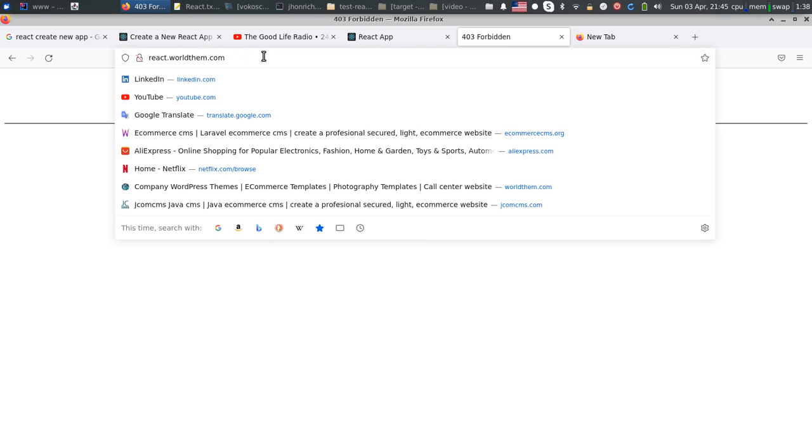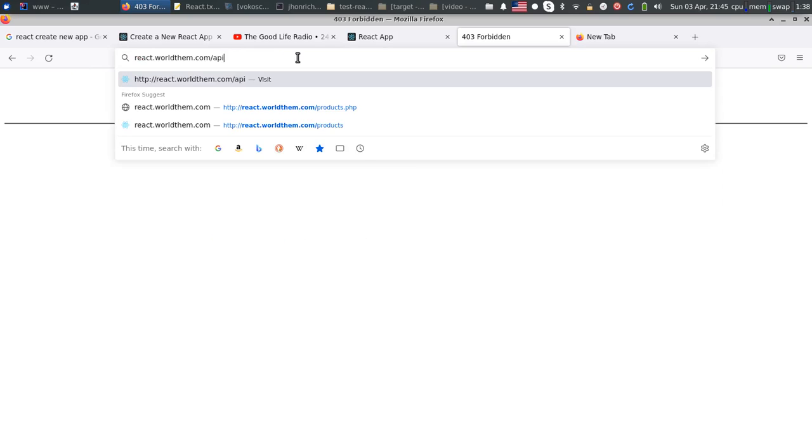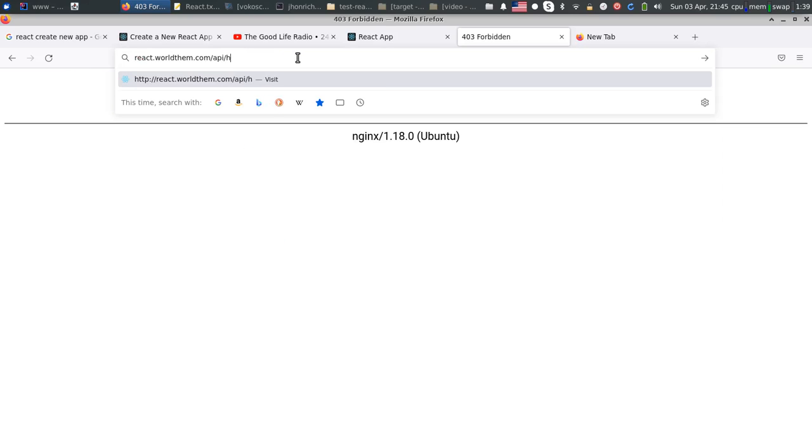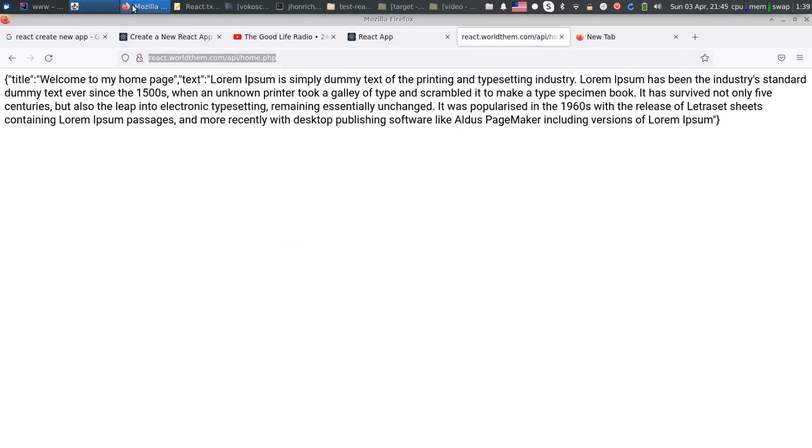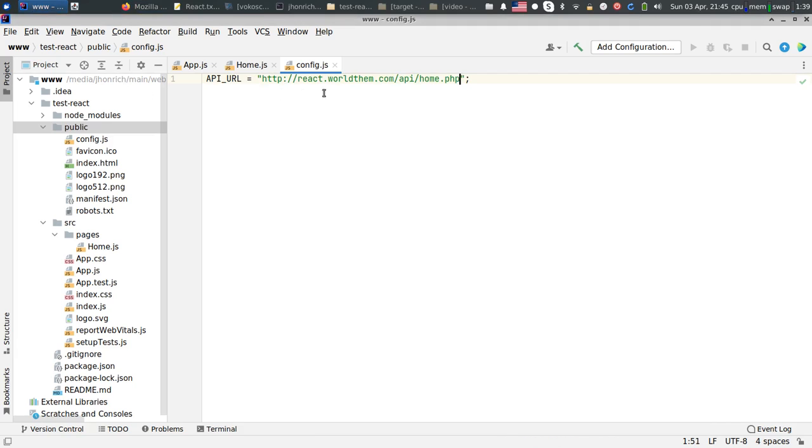So I create a domain, I call it /api/home.php. This is a JSON file. It returns a simple JSON file, and I'm going to get it like this, and